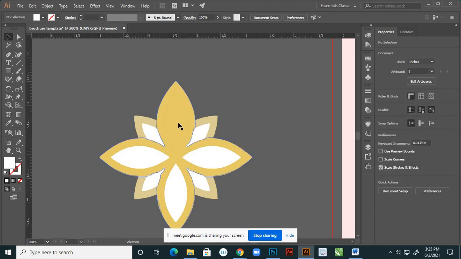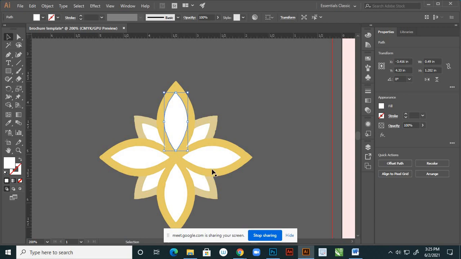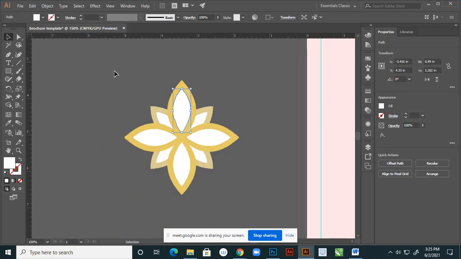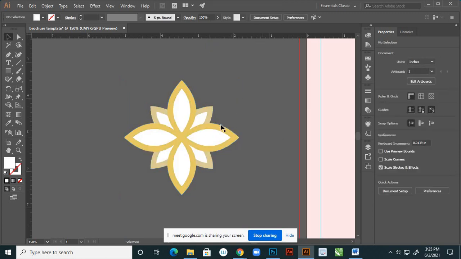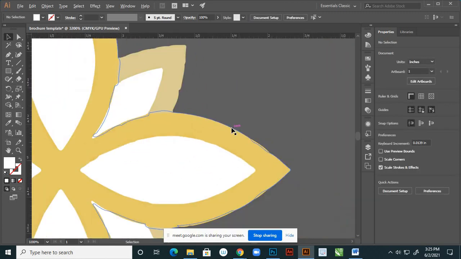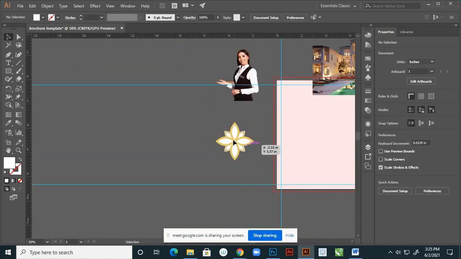Suppose the background we fill with some other color. For timing, I'm keeping these colors. So in the front face, first page, after filling our actual background, then I'll remove it. For timing, select this one, right click and group, right? So it is a vector. Yes, keep this one.